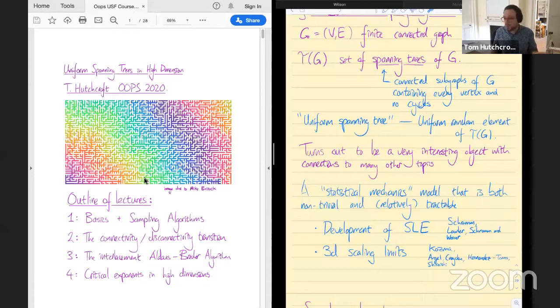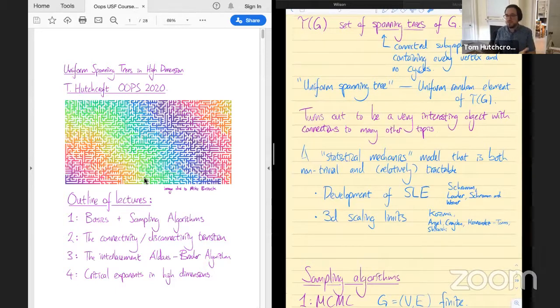So, most notably, Oded Schramm developed the theory of SLE really in his effort to analyze this example. The uniform spanning trees and the closely related loop-erased random walk were really the first things that motivated the definition of SLE and also that were proven to converge to SLE in 2 dimensions. Now we also know that many other things do, but this was really the seed of the idea. Also in 3 dimensions, the uniform spanning tree remains a rather mysterious object, but nevertheless, we understand it